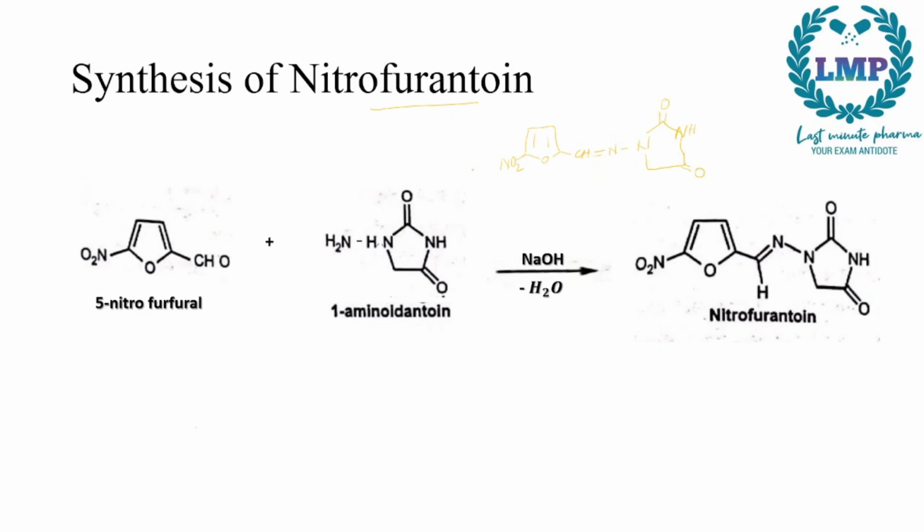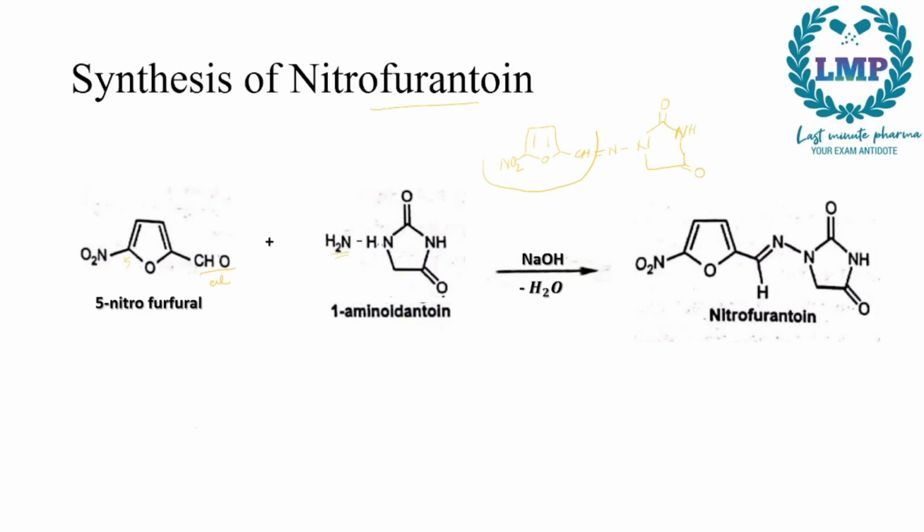So the starting product, we will take this part. But instead of CH2 or CH3 here, we will take a 5-nitrofurfural. So this is an aldehyde group right here. Now if this is the 5th position, we have 5-nitro, since it's a furan ring, furfural because it is an aldehyde group. Next we will add to it 1-aminohydantoin. So 1 amine group added to a hydantoin group. So 1-amino